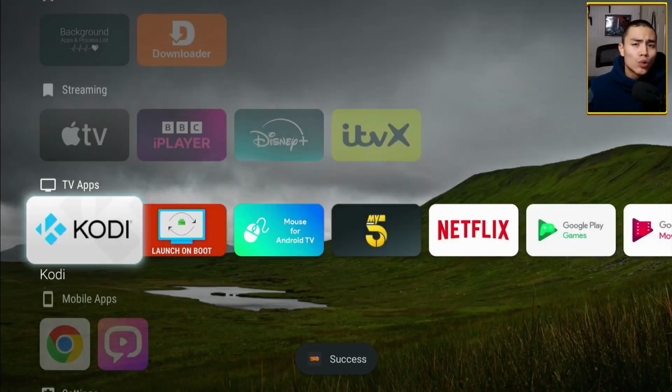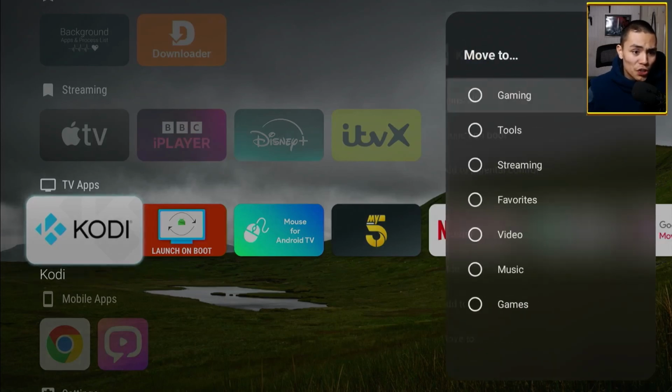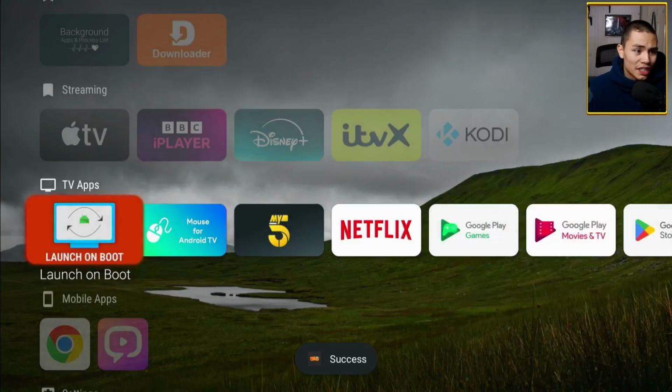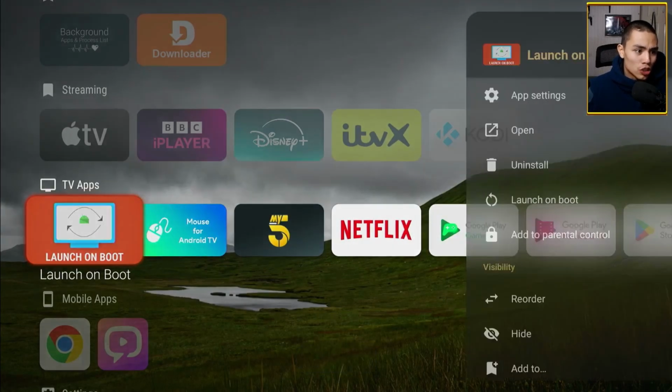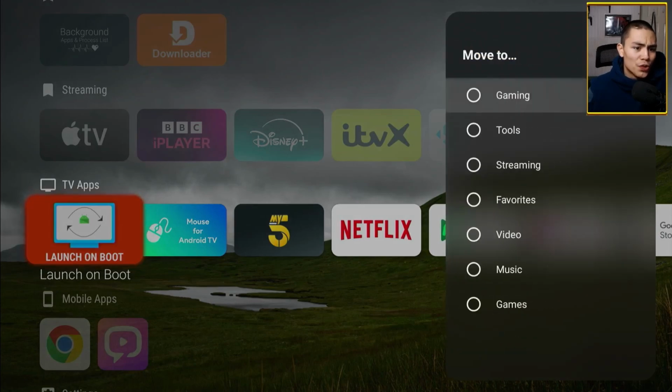You get how this works, guys. You just long-hold the center button, you click on move to, and then go to whatever category you want to put it in. So if we click on streaming again, that's been added. So long-hold that, move to,